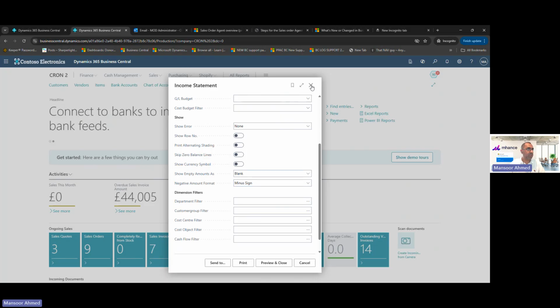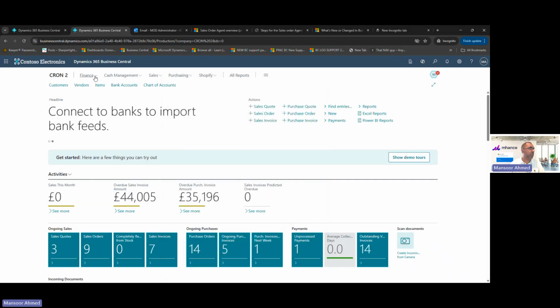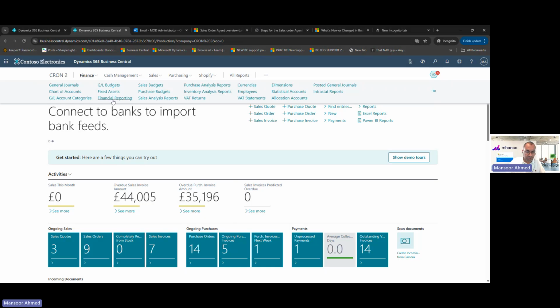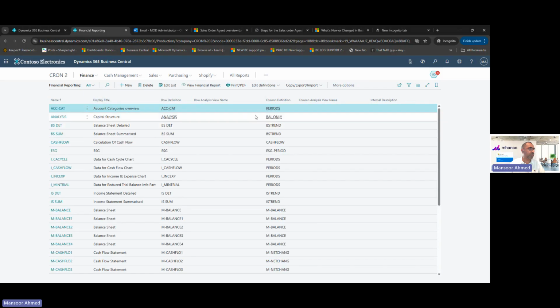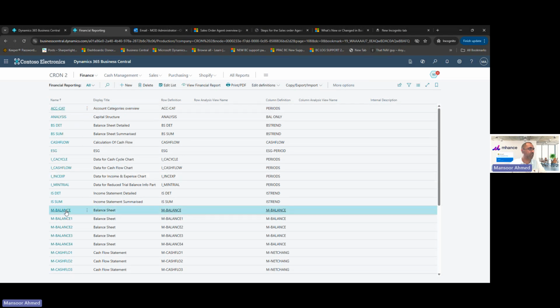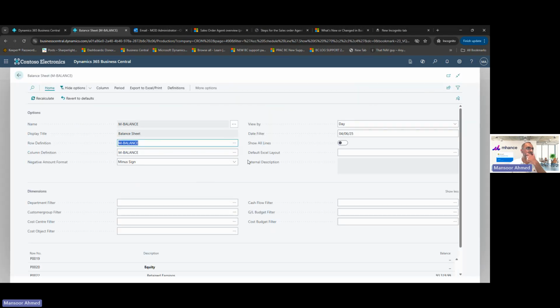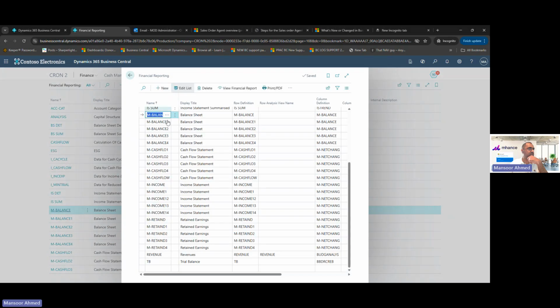What else have they done on the reporting side? So again, if you're using inbuilt system reports, you will be able to see that when you come into financial reporting, you've got this little internal description field. It's a new field. You can add extra details in there if you wanted to. So if I came in here and I created a new report layout, or this was an existing report layout, I can put in an internal description if I wanted to here. The internal description will be coming into the edit list,